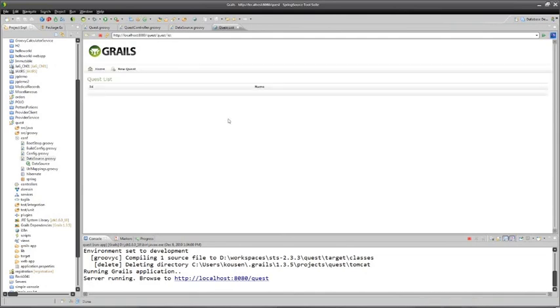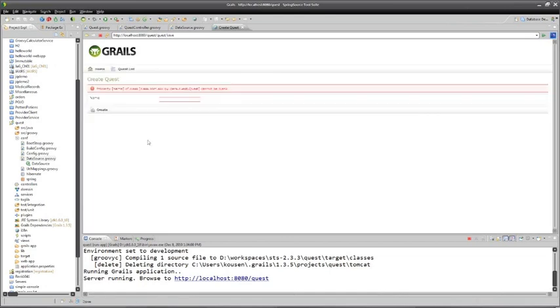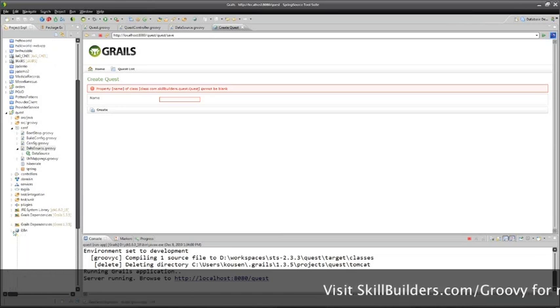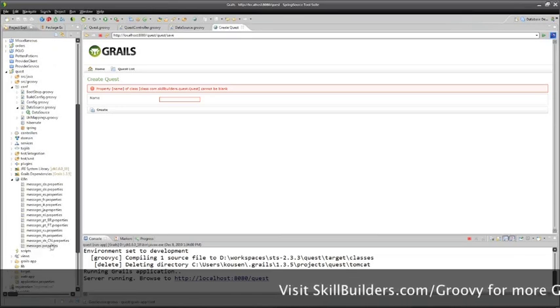controller. And now if I try to make a new quest without a name, I get the field highlighted in red, and it says property name of class com.skillbuilders.quest.quest cannot be blank. First of all, hey, that's pretty cool. I'm glad that it was able to give me that information, but that's not a very good error message. The error messages are all built in to Grails, and there's a directory here called I18N, which stands for